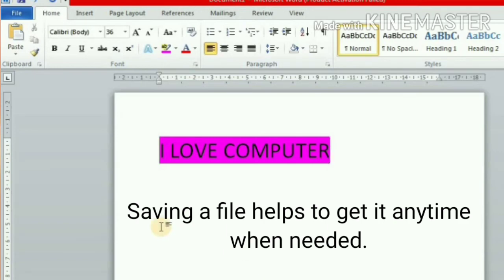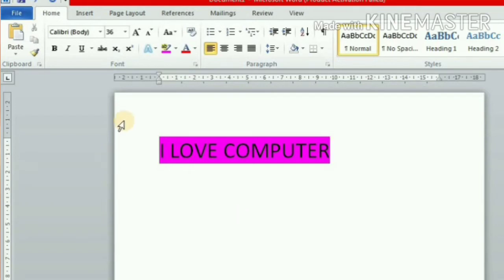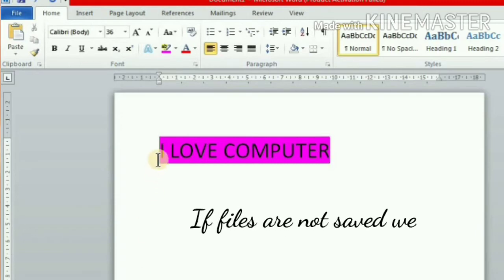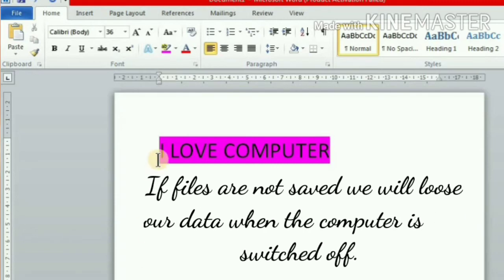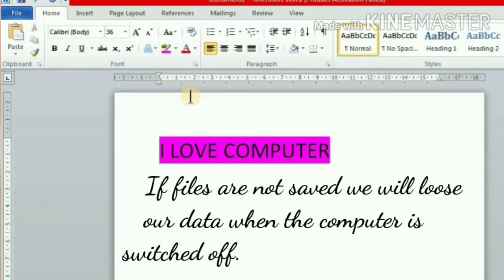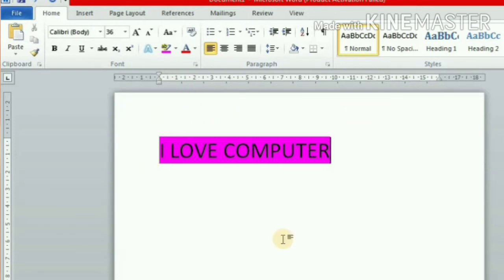Means saving a file helps us to get the file whenever required. We can also make changes in it as and when required. If you do not save your file, you may lose your data when the computer is turned off. Okay.